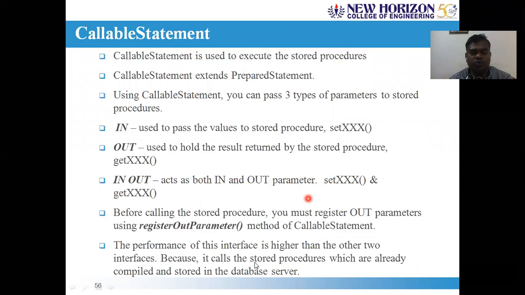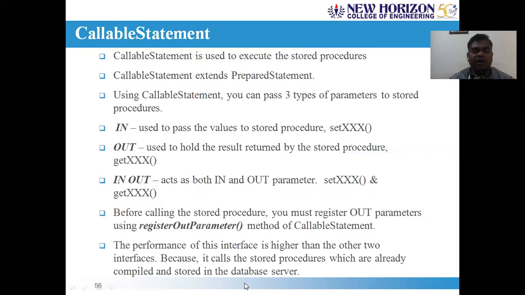And before any stored procedure is called, if a stored procedure is returning some sort of value to the Java application, please ensure that you have registered the output parameters, in order for the stored procedure to send the value to the Java program. That process should be completed before the stored procedure gets executed.